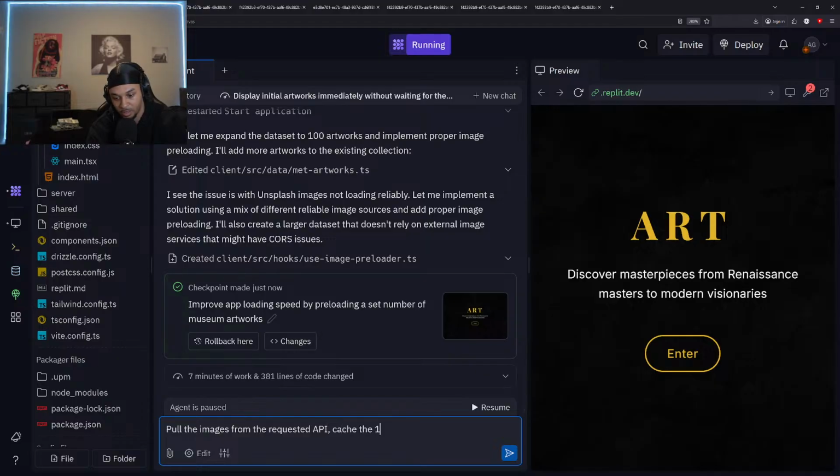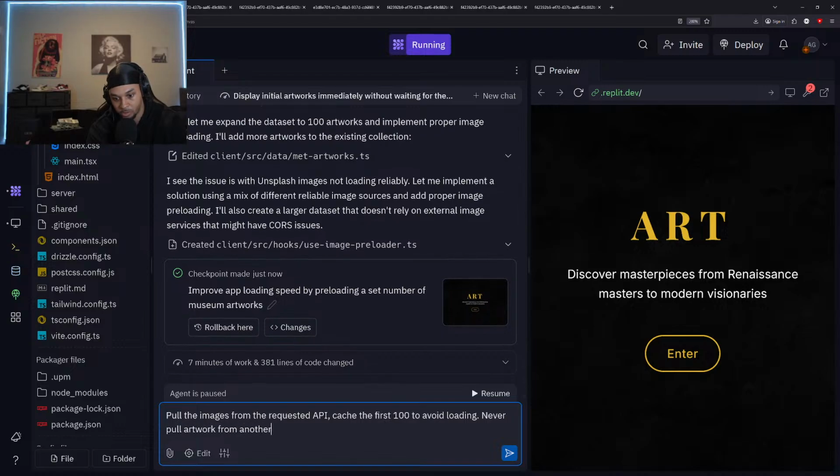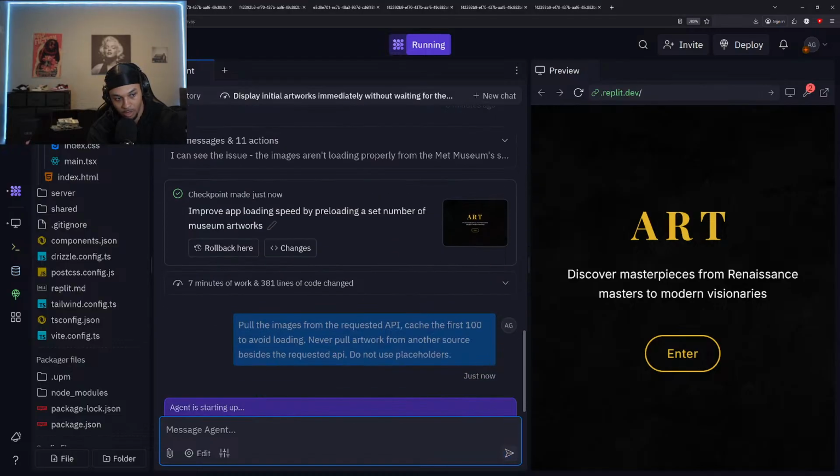Cache the first 100 to avoid loading. Never pull artwork from another source besides the requested API. Okay, do not use placeholders. All right, so